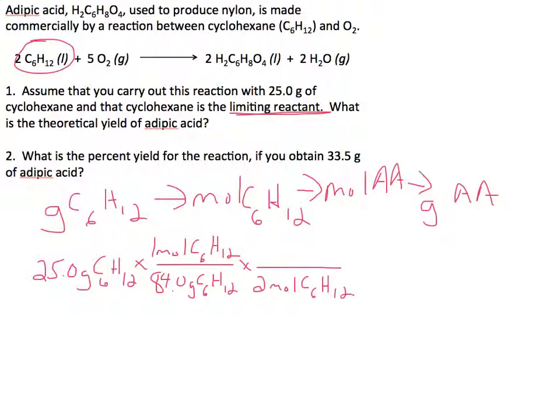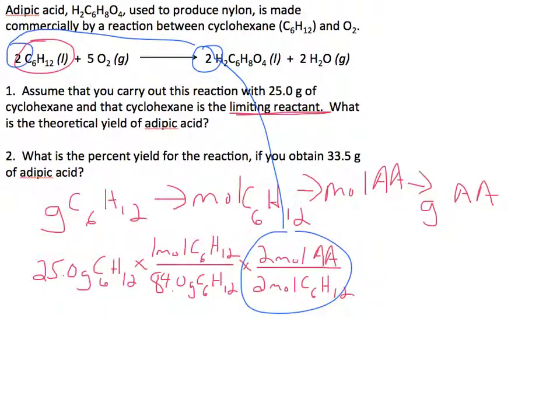which there are 2 moles of C6H12 for every 2 moles of adipic acid. Right, and so we can get this number from this 2 and that 2. Okay, and then we're multiplying that for 1 mole of AA. There is molecular weight, which is 146 grams. Our moles are all going to cancel, so we're left with grams of AA, and what we find is that